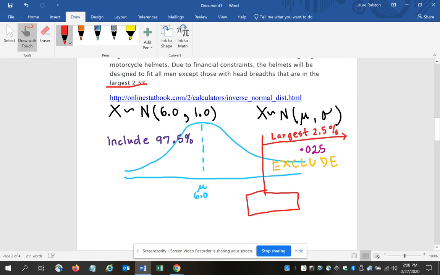And I want to exclude those that are larger or to the right of that number. So I want to be above, okay, because I need to know that for the calculator command. Okay, so I'm going to go out to the calculator,